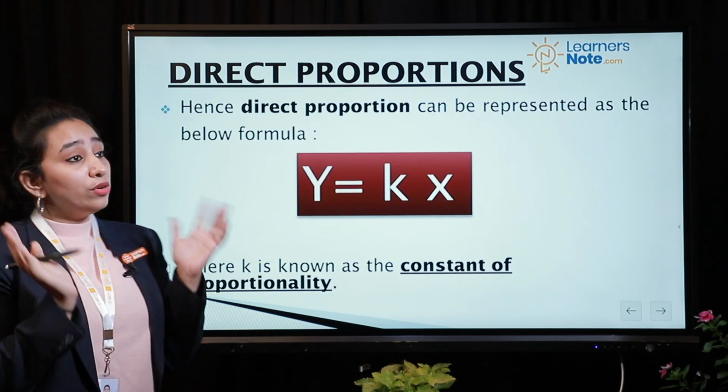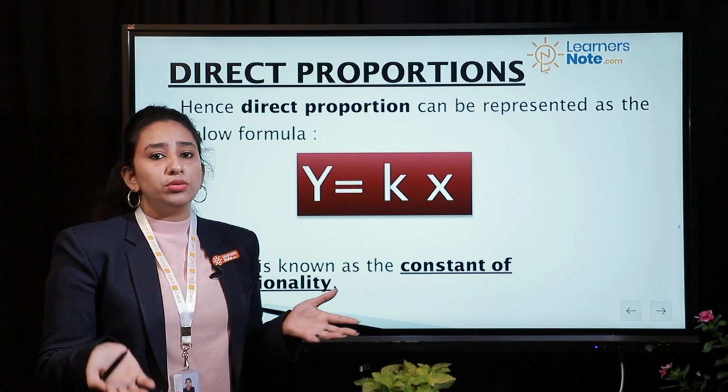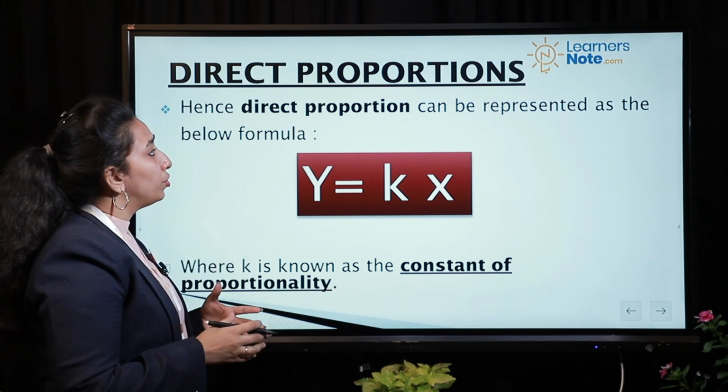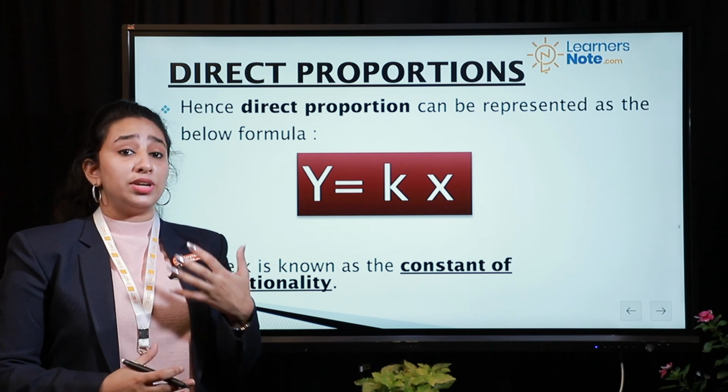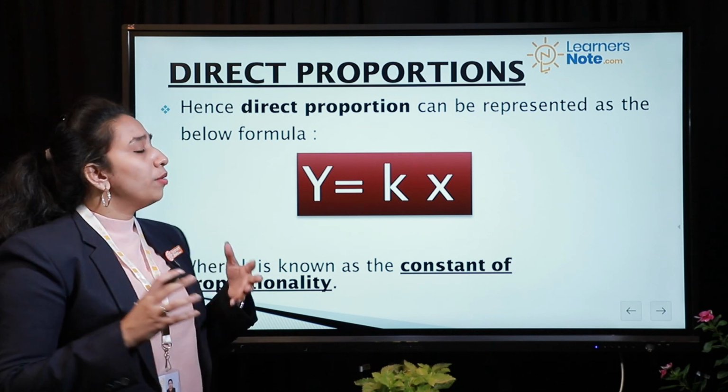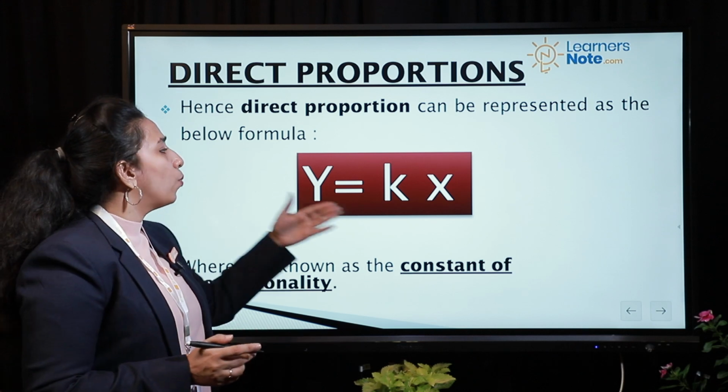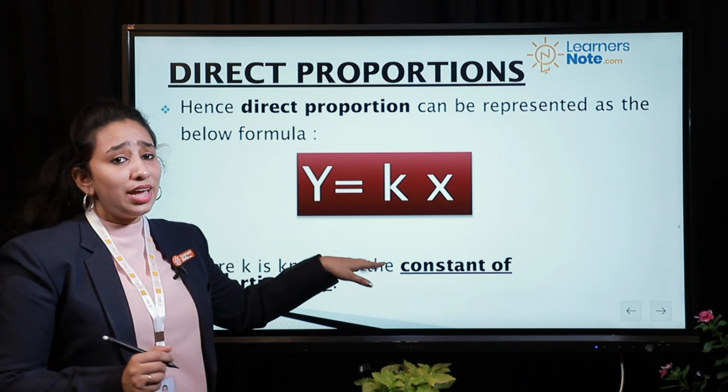So I was just talking about direct proportion, but I want to talk to you about how we can represent it mathematically. Direct proportion, how can we represent it mathematically? So direct proportion can be represented something like this: y is equal to kx, and here k is represented as